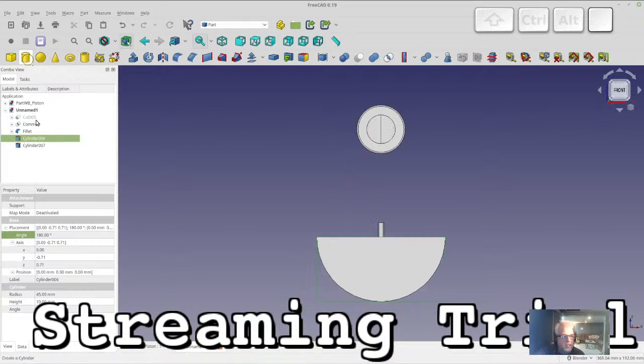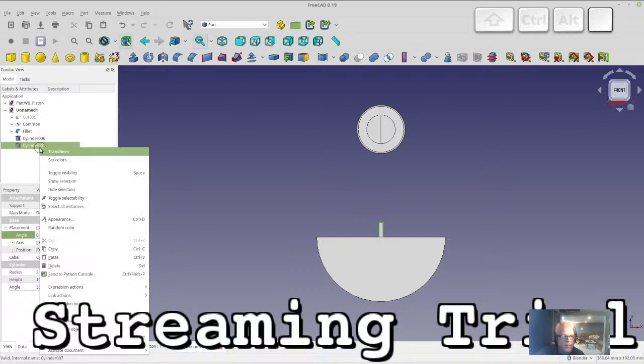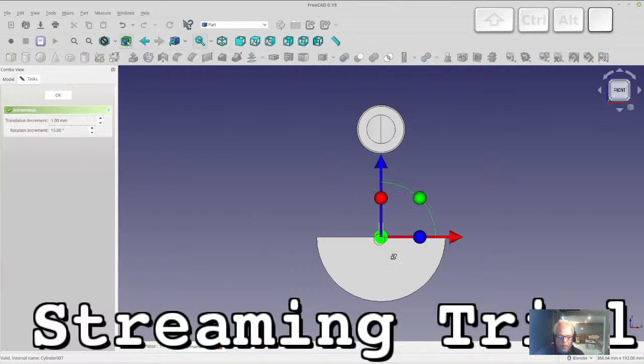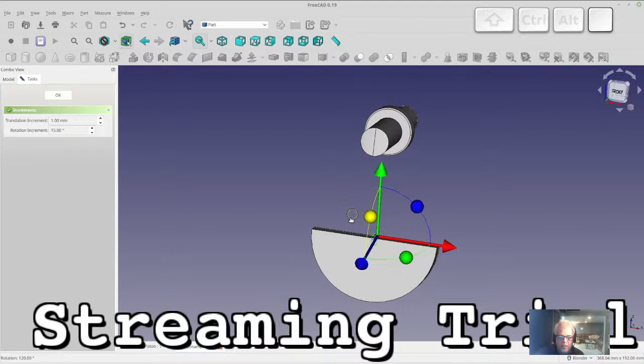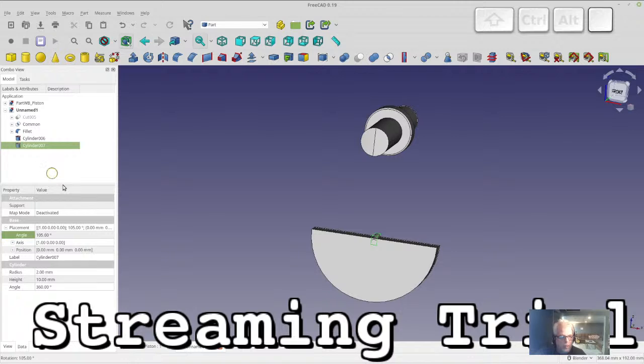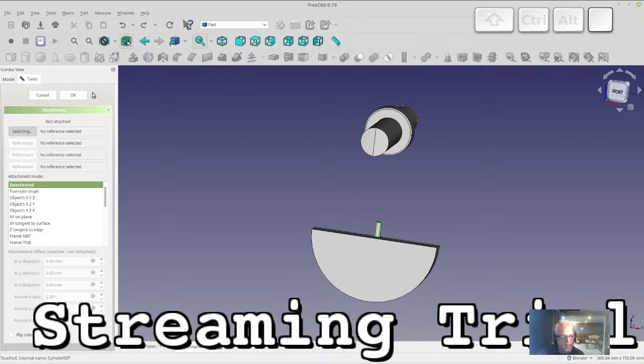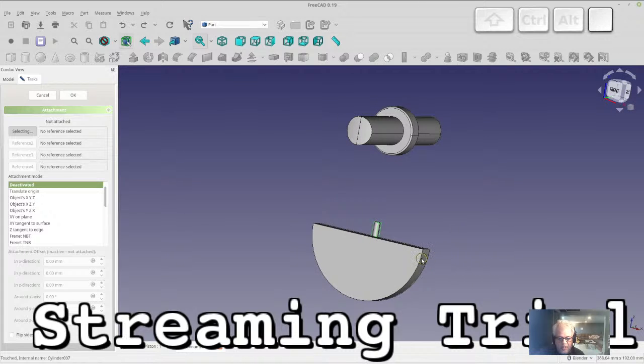So I'll create a cylinder, and we'll do the same thing. And we'll transform it 180 degrees. Actually, no, I want to show you. Let's get rid of that transform. Let's try mapping it. So I'm selecting the map mode property right here, and I'm going to click the ellipsis, and that gives me the attachment dialog. And what I'm going to try to select is the edge here,